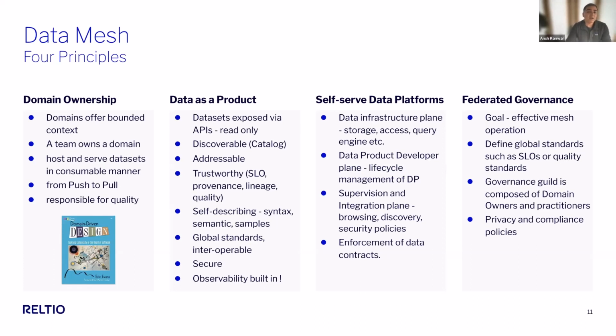Second principle, data as a product, right? So data sets, in simple terms, are exposed via APIs, including the metadata that comes with that product. And sometimes with that data set, it may even include statistics or quality details about that data set, right? So the data set, descriptive metadata, perhaps statistics about usage, freshness, or other aspects of that data set, encapsulate all of it together. That's what's delivered. That's data as a product, right? And then on top of that, you apply product thinking to this product.